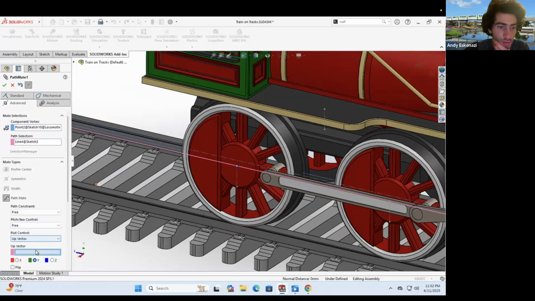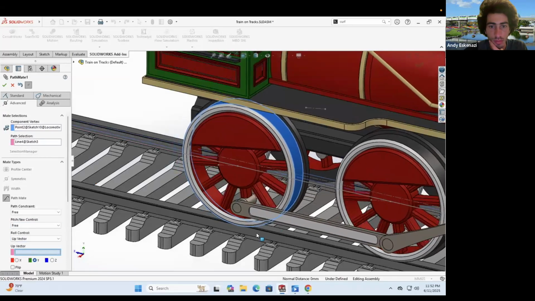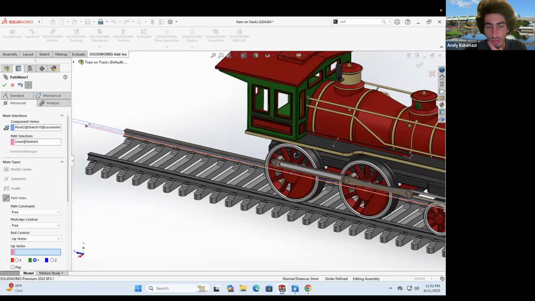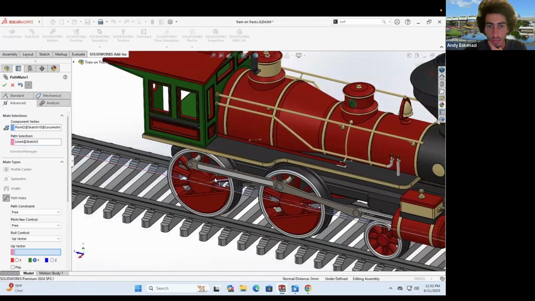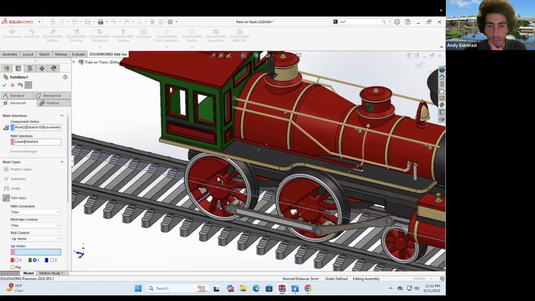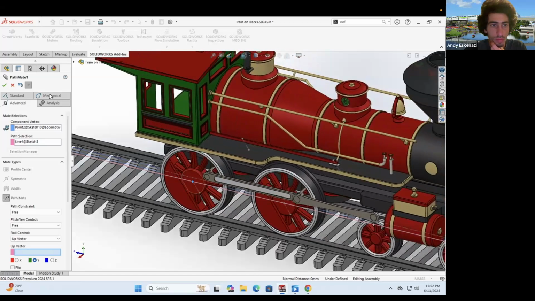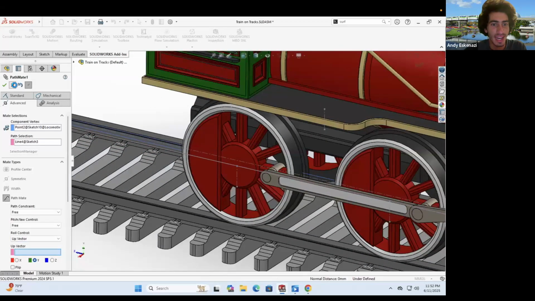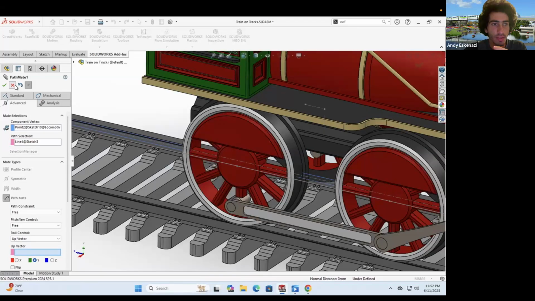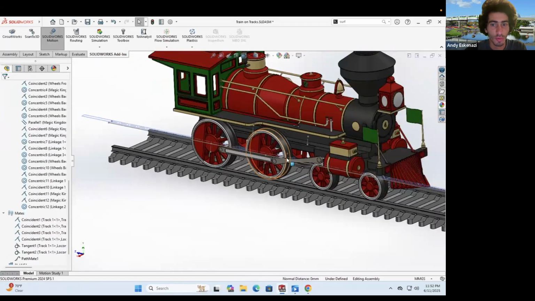Maybe the roll control. I think I have an idea. So we have the path mate to do this motion here. We'll leave it as is. But